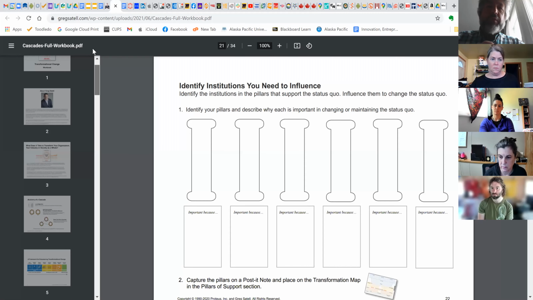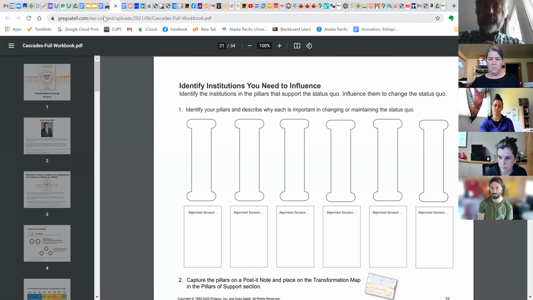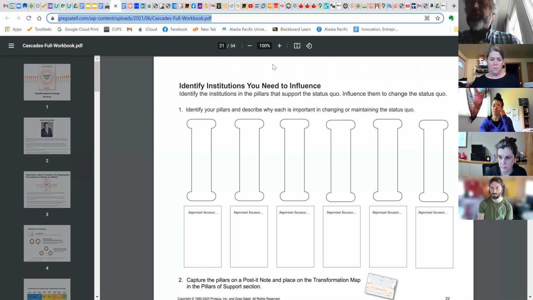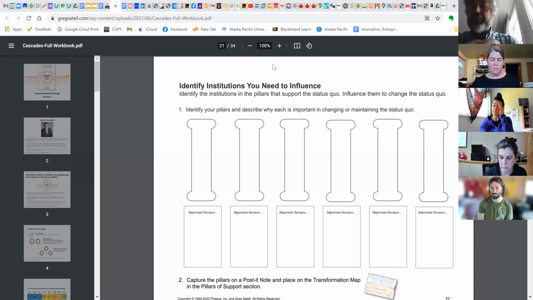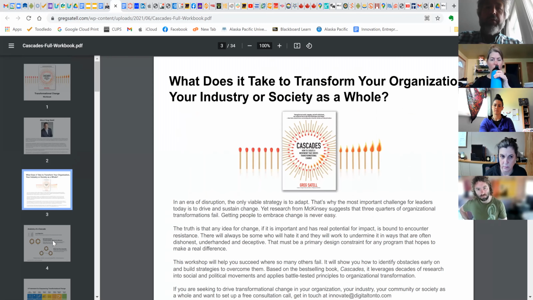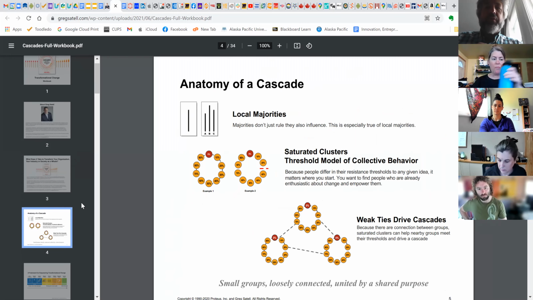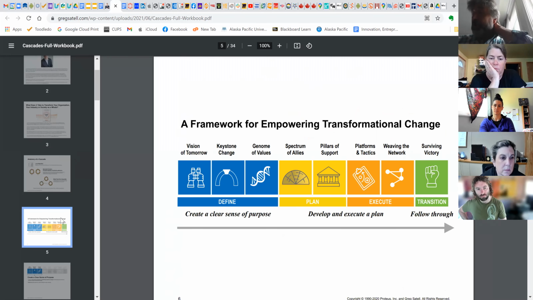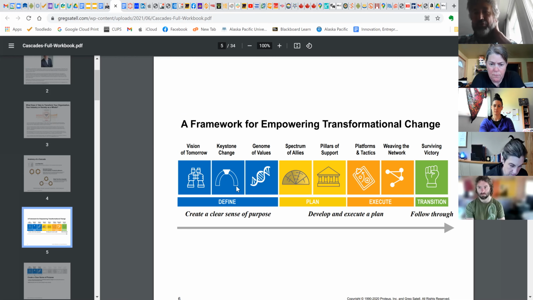This workbook that's been linked in the agenda before, and I'll put it in the chat again so you can bring it up yourself, is something that came up during a recent meeting that was talking about organizations that are trying to implement major change. And this model that Greg Satell put together, I thought was a really nice one that maybe had some value for organization. And it presents a picture of understanding the process of organizational transformation that you can use in